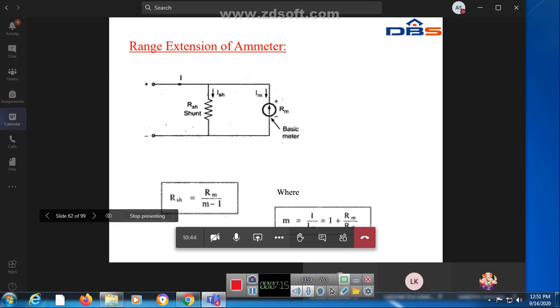To extend the range of this ammeter, you have to connect a shunt resistor. You connect one shunt resistor in parallel with the ammeter. That is called RSH, the shunt resistance. ISH means